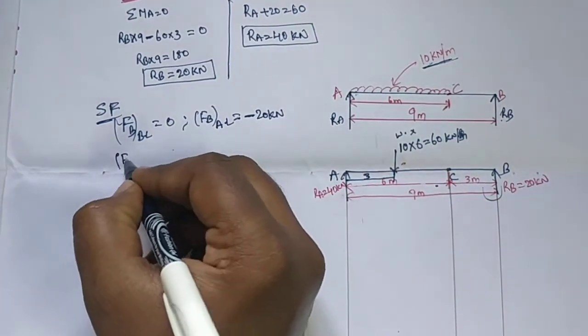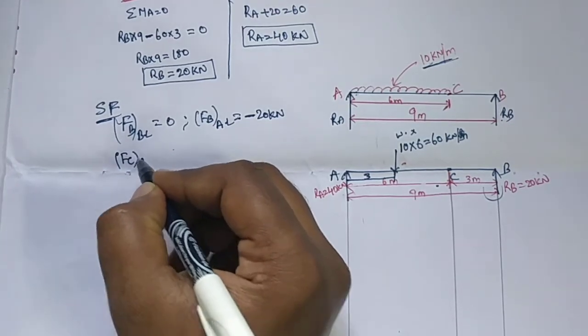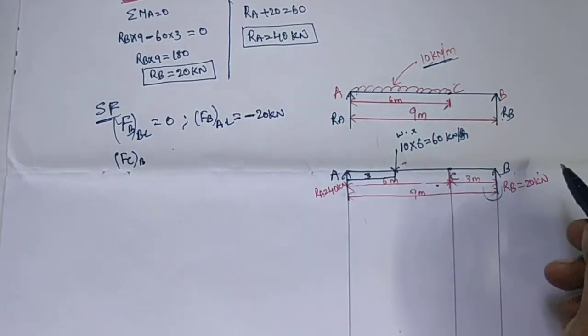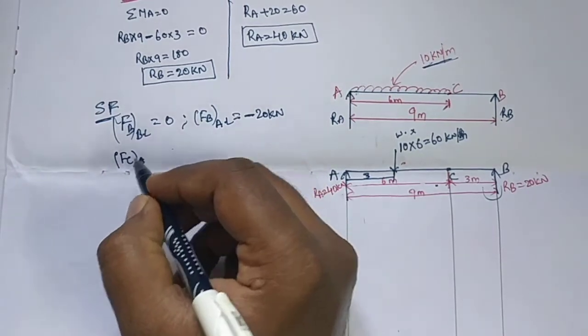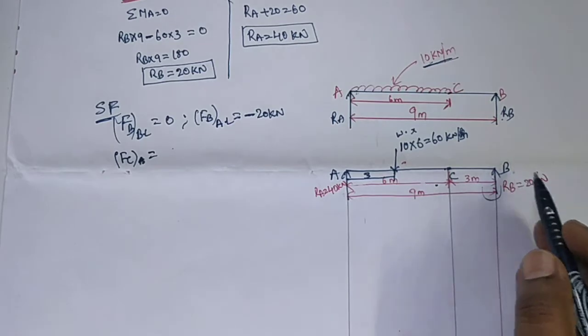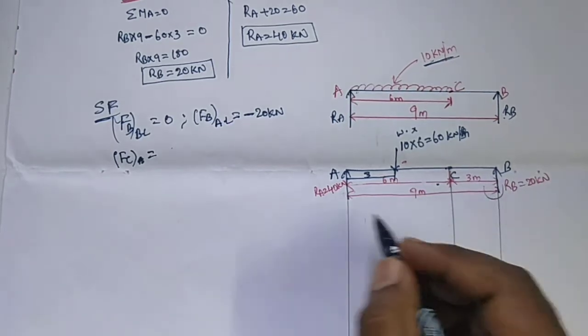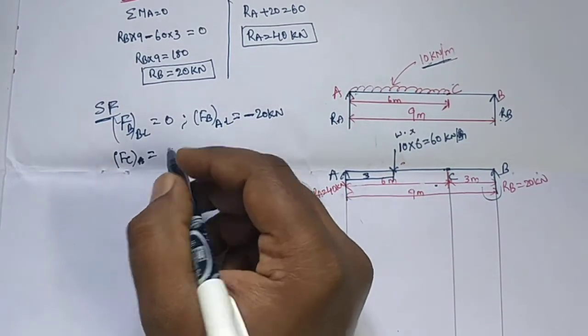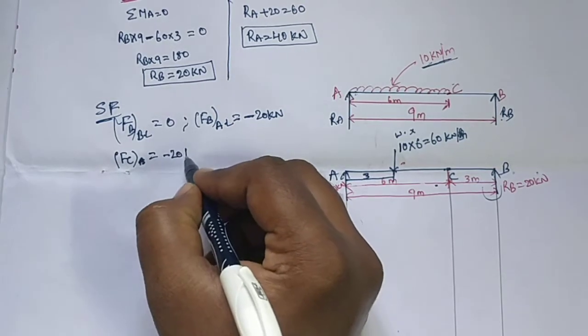Similarly, shear force at point C. Here on point C there is no load, so we can calculate only one value; before and after are not required. So the shear force at point C, that is the right side of point C, has only one reaction force acting, that is acting upward, so it is taken as a minus value.